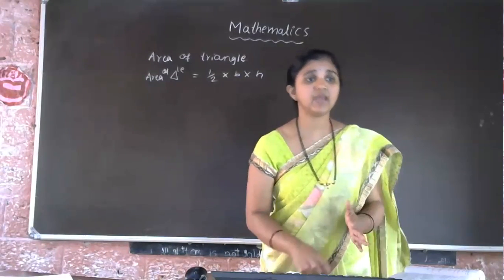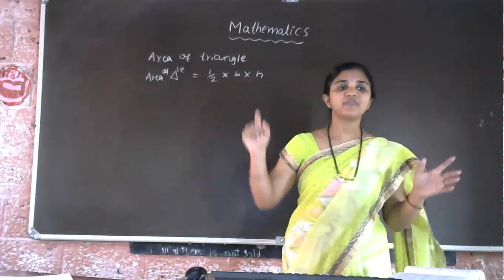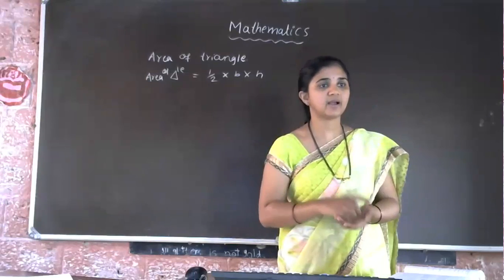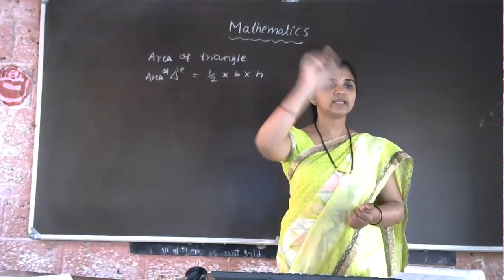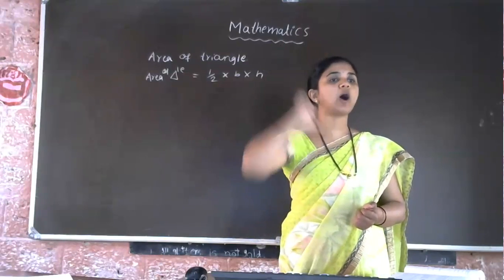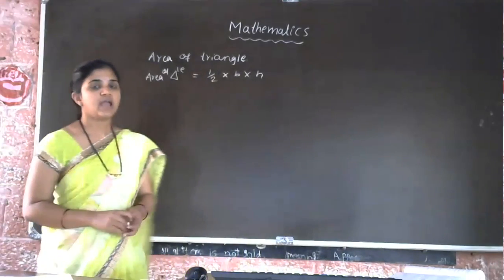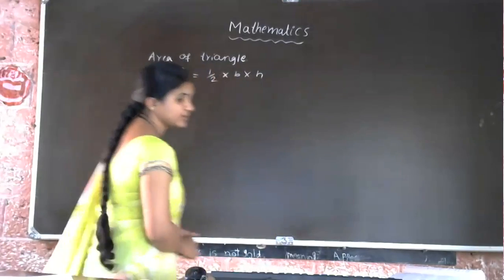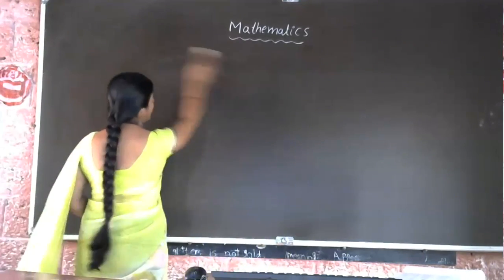In the same way, for the area of triangle, this half into base into height formula is there for the normal triangle. Now the triangle is in the Cartesian plane. So it is having three vertices, then coordinates. Those coordinates we have to take as x1 y1, x2 y2 and x3 y3. So for that, let us take one diagram. We will derive the formula first.